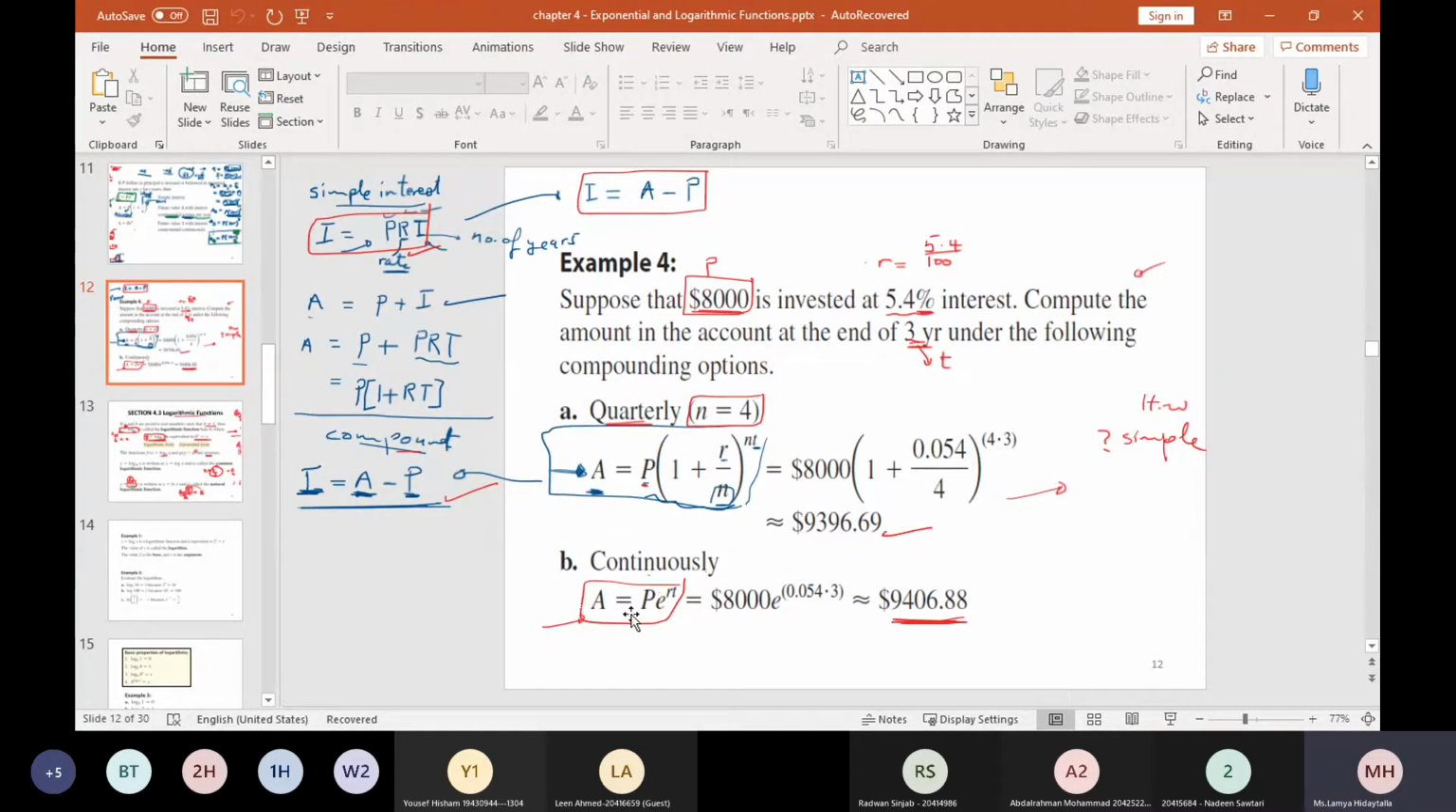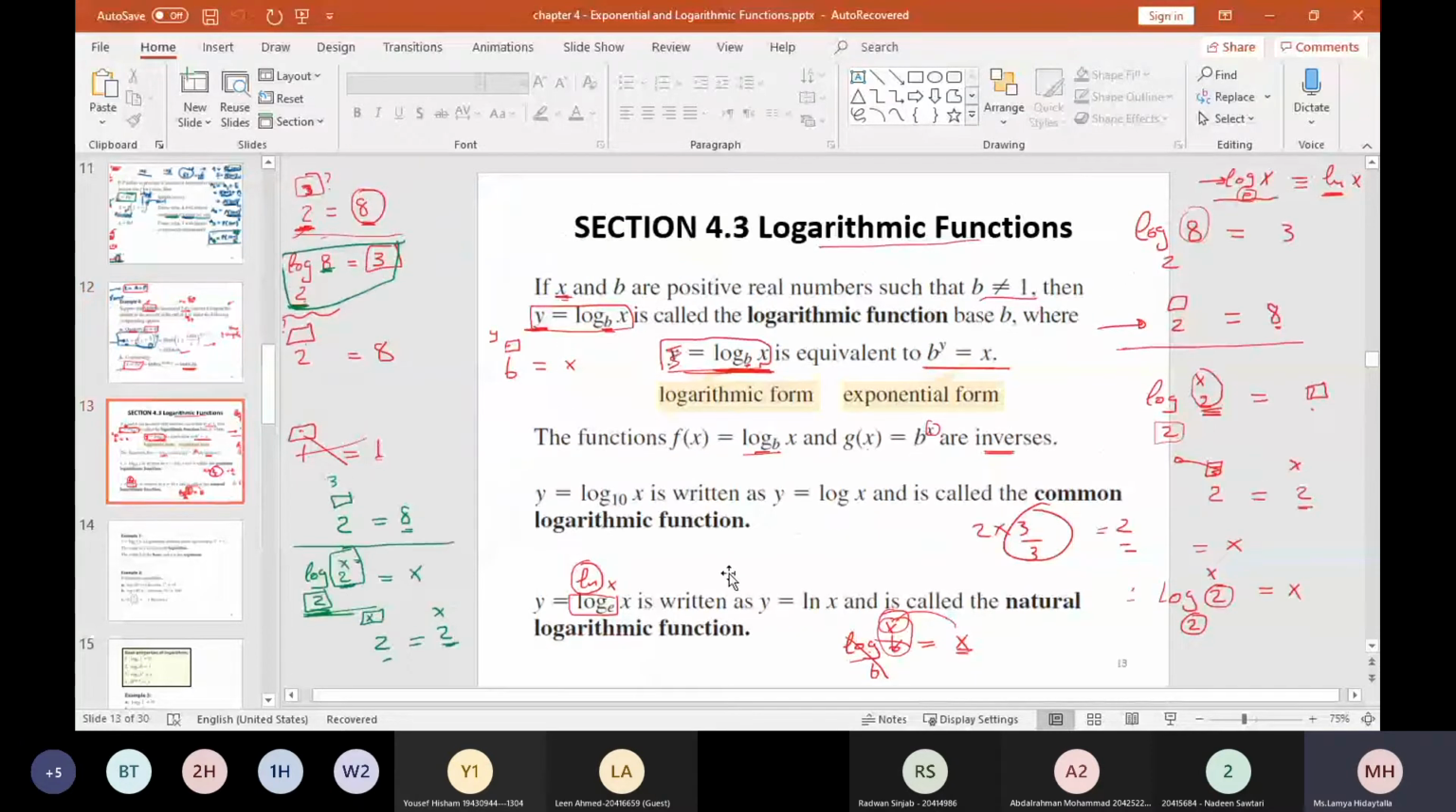And if it was continuous, instead of simple interest, compound interest but compounded, for example in the previous example, quarterly. If it was continuously compounded then we are going to use this formula and just substitute in it and then you will get the values. All this we did, and then after finishing that we did even the logarithmic function